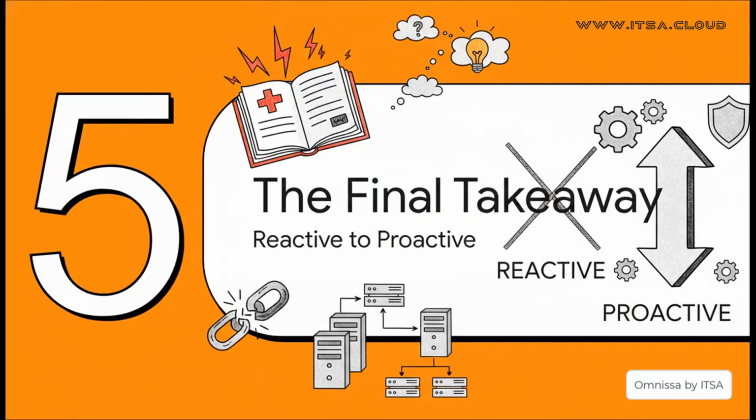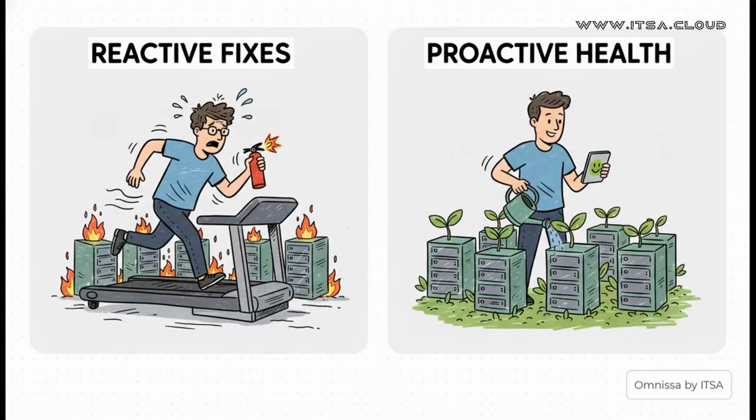So we've got our emergency playbook, right? But the real win, the real goal here is to stop these fires from ever starting. And that means shifting your entire mindset from being reactive to being proactive. You see, on the left, that's what I call firefighter mode. You're just running around, restarting services, resetting machines, just trying to survive the day. But on the right, that's where we want to live.